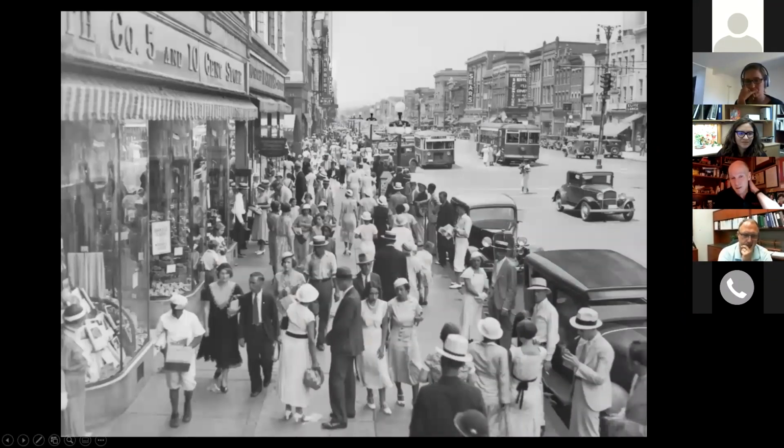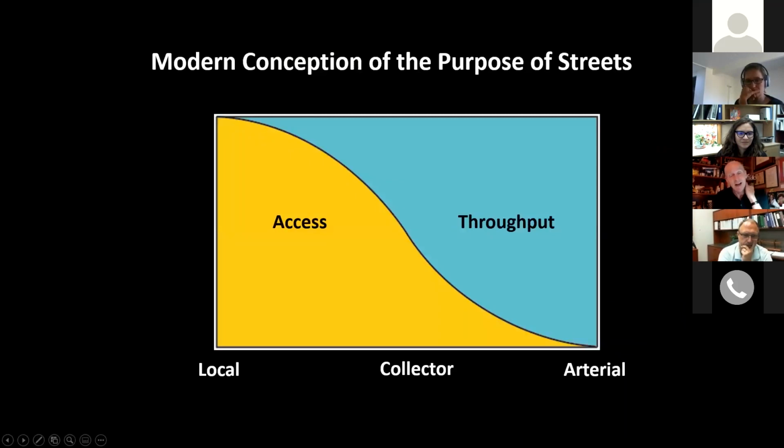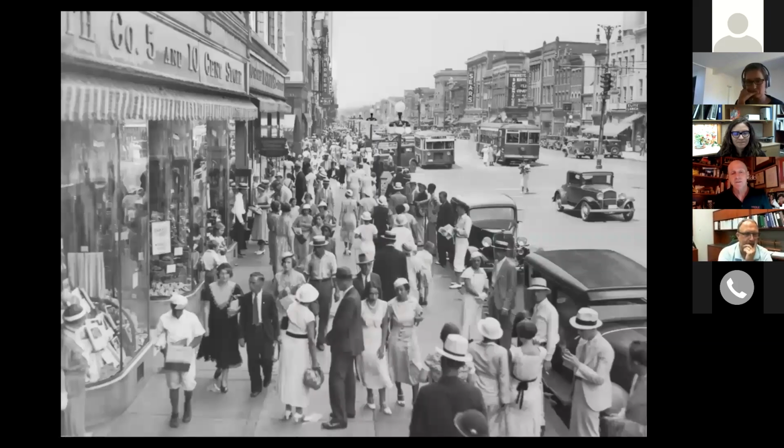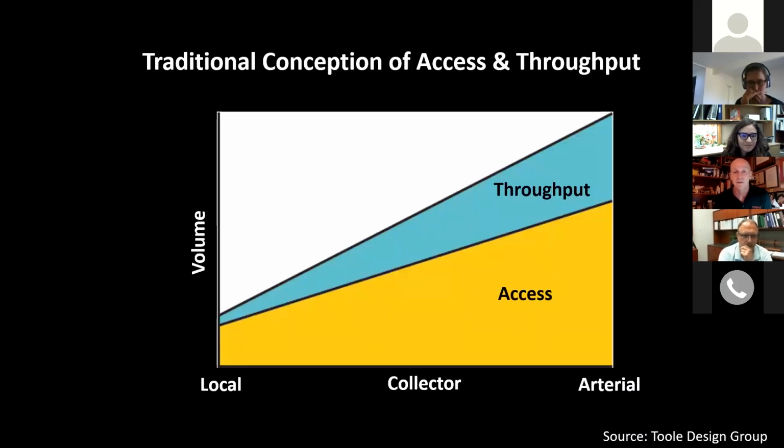And so is this even true? And it's not. It's not true today. It's never been true. If you look historically at some of America's greatest arterials, this is in Richmond, Virginia. It's Broad Street, their biggest arterial. And look at all the social and economic exchange happening on this arterial. This is where the grocery stores are. This is where the department stores are. This is where the theaters are. So people would take transit, drive, walk, bike, and experience this wonderful place of social and economic exchange.